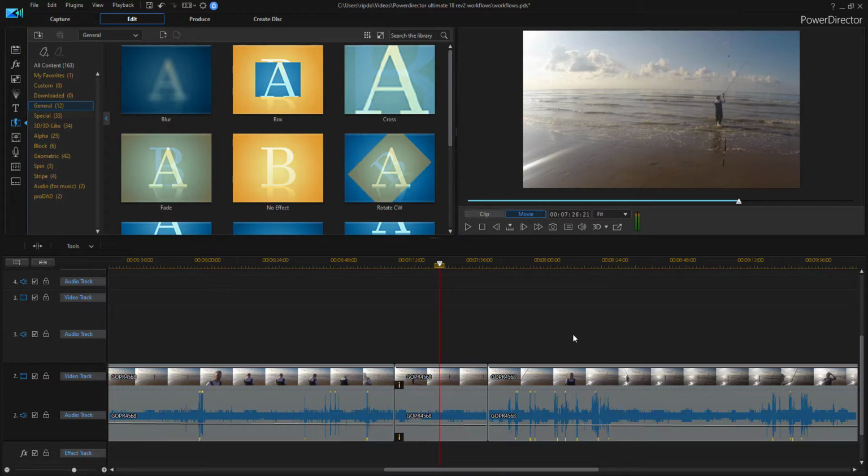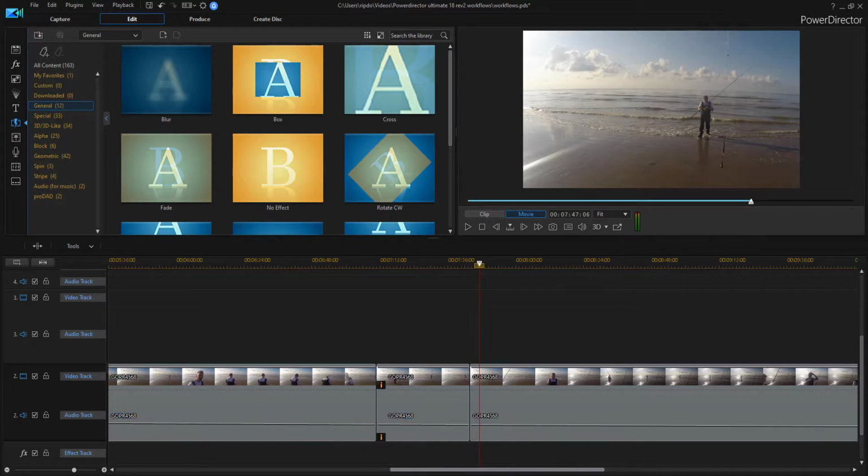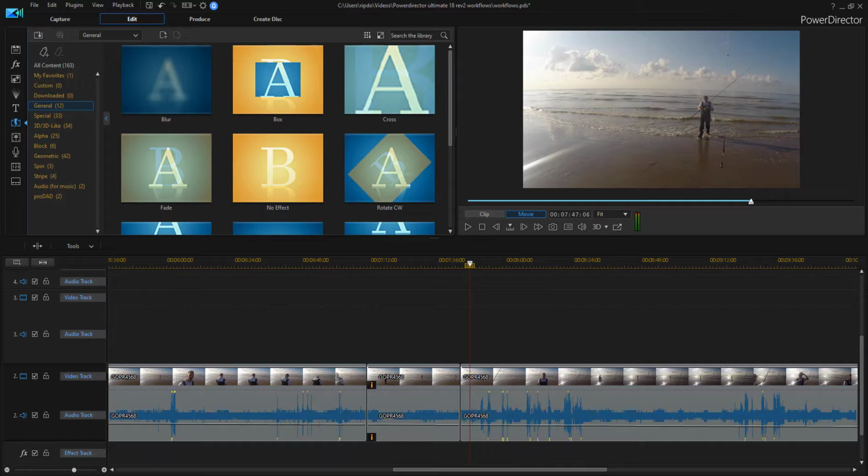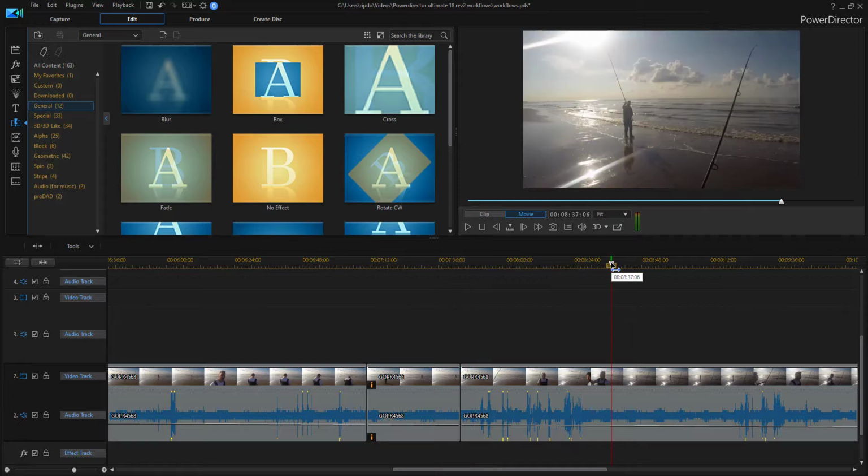So the next thing after we've done that is that we need to have certain areas in the video where you may want to have a screenshot, like a still image. But before we do this, I'm going to go over the other workflow that you can use to do your slowing down and speeding up. Now, in this particular workflow, you would not be using any panning and zooming. You don't want to be doing any panning and zooming on this particular workflow because it doesn't really work with this. So if your scene's going to stay as it is,